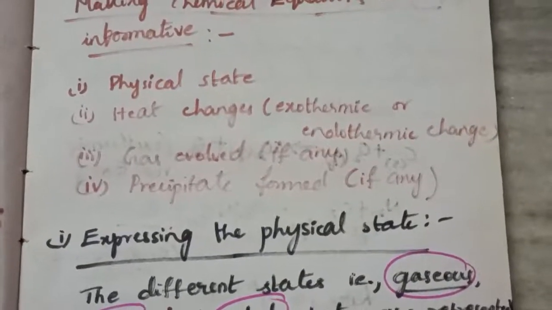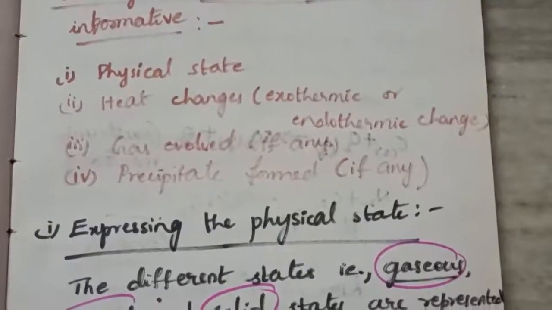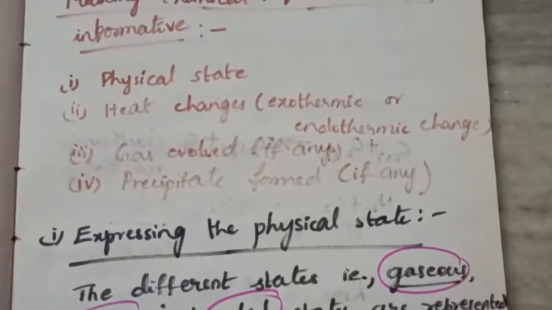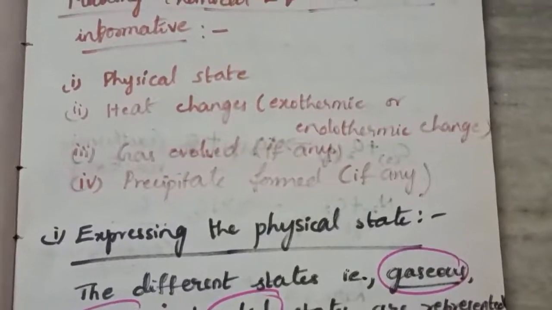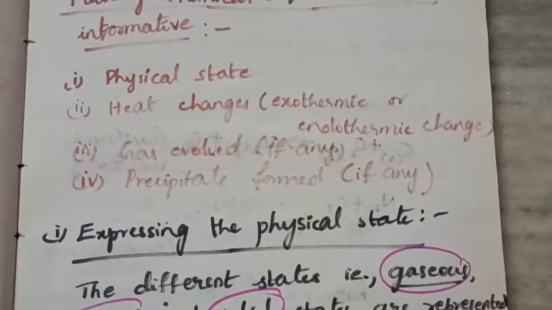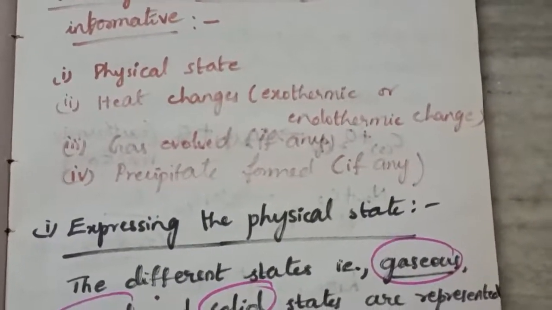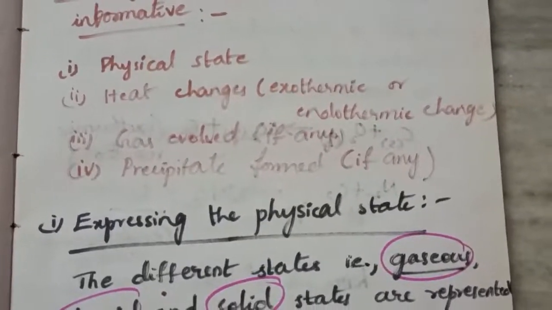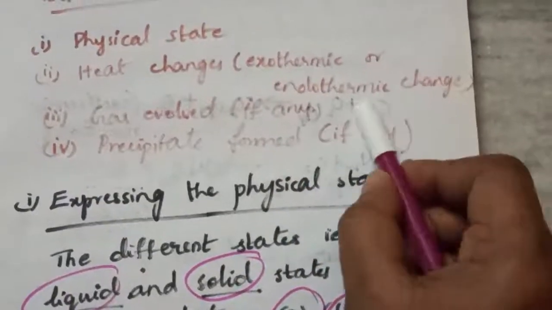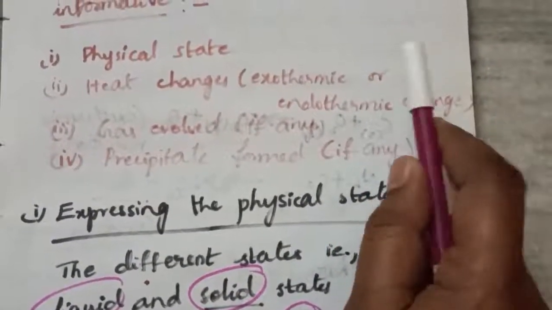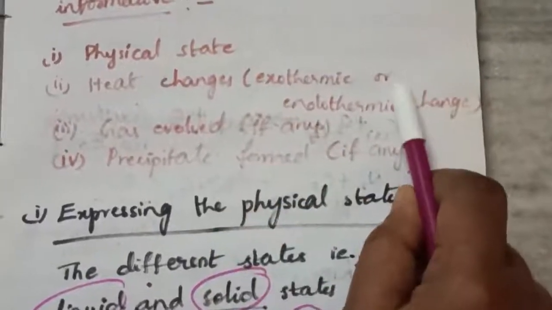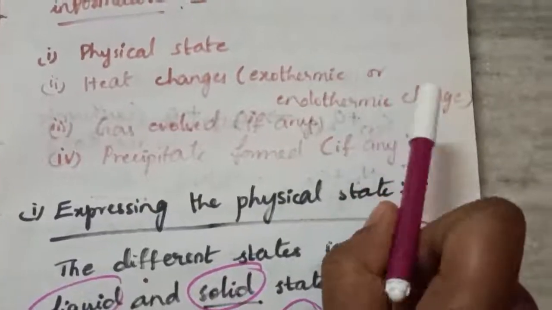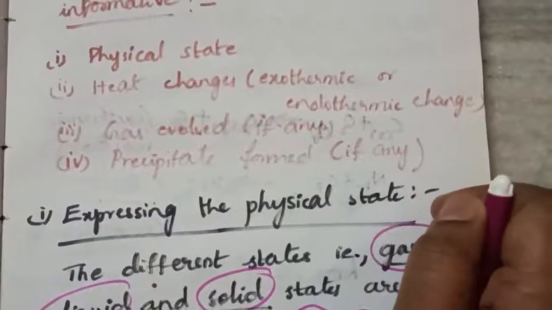So for that purpose, children, I am taking this now. First is physical state, we need to know the reactants' and products' physical state here. And coming to the heat changes, we have to know about exothermic or endothermic changes. That may be an endothermic reaction or an exothermic reaction. Heat may be liberated, heat may be absorbed. So for that we need to know this information also. I think you got some idea. Before also we have discussed endothermic and exothermic in activities 1, 2 and 3.